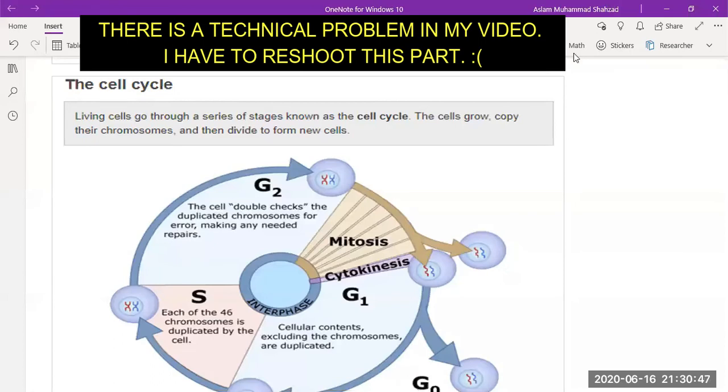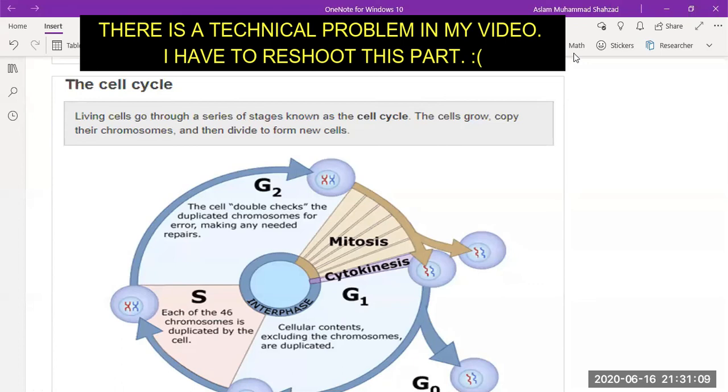In this slide, we are talking about the cell cycle, because the drugs that are given, or a multiple drug regimen, have actually been given to inhibit the cell cycle of the uncontrolled cell division. So we need to understand the cell cycle. You have already studied this in your previous lectures in cell biology, but I'm going to revise that.